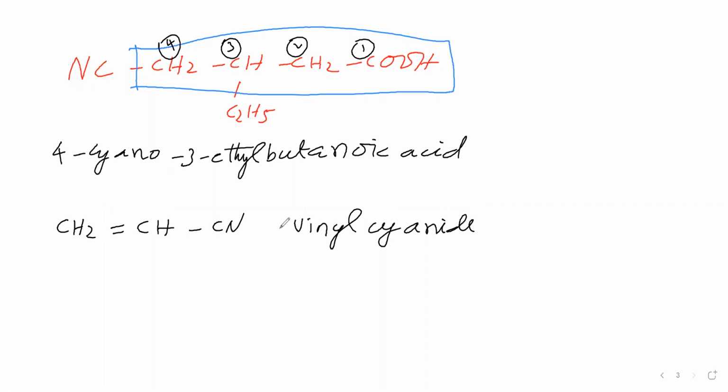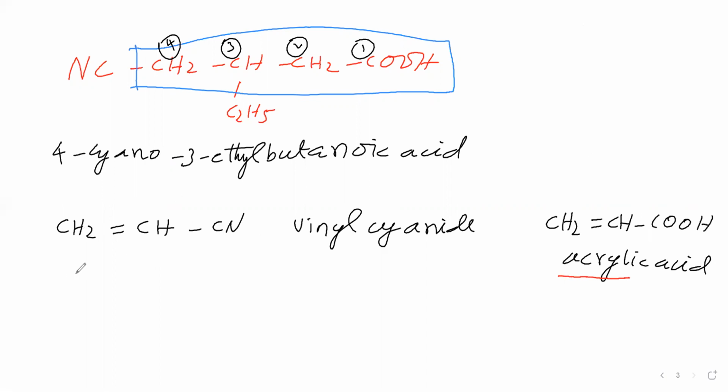Then the corresponding carboxylic acid we will take. The corresponding carboxylic acid is this one. For this, what is the common name? It is acrylic acid. Common name is acrylic acid. From this acrylic acid, we will remove ic acid. The remaining part we will take, up to L. Acryl. We have taken acryl. Then include O, then include nitrile. Acrylonitrile. This other common name is acrylonitrile.